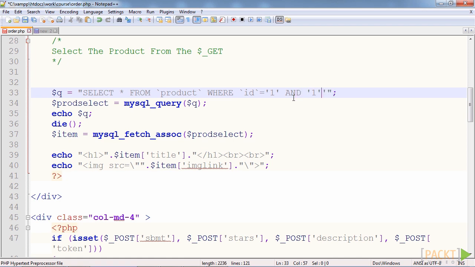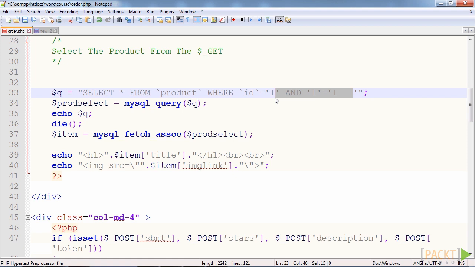So for example, a very famous one is and 1 equals, and we can just simply add another quotation and not add another one here, just have it as this. So the user input that we could put within the ID would be such as this, and this would create an always true statement. And this has happened before with logins. If they're not correctly verified, someone can bypass the authentication, or you can also do other more complex queries which could select data from databases completely,